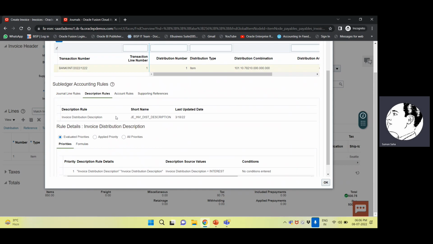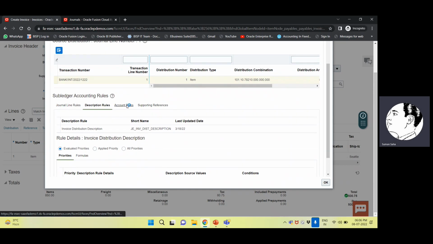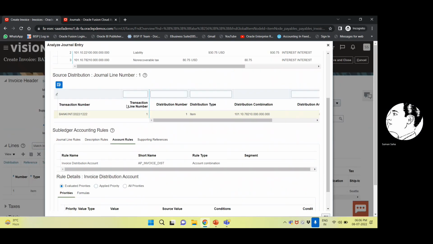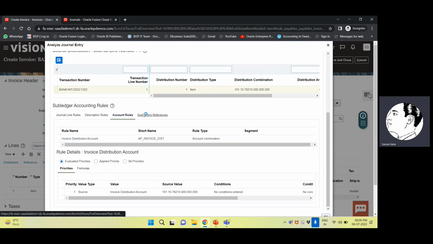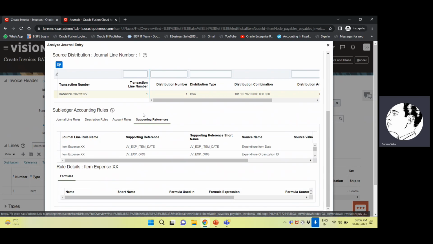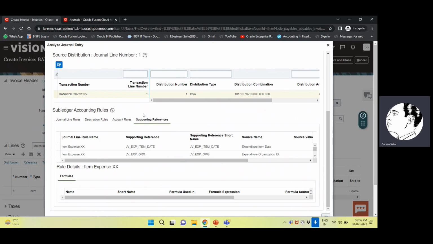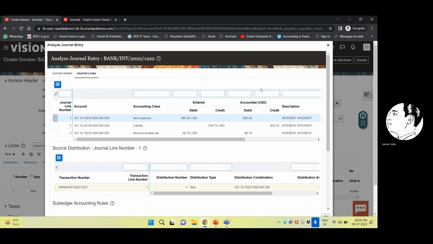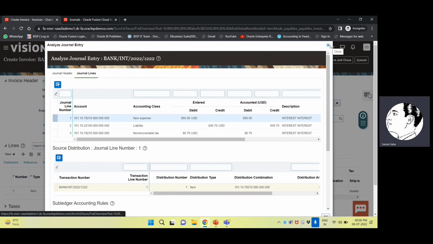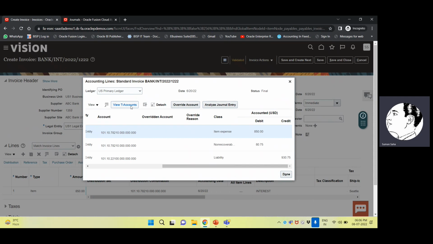Right. And accounting rules. Distribution accounting. These are the seeded rules, you can say. You can create your own rule by duplicating that particular accounting rule. So that will be fetched to the GL, and